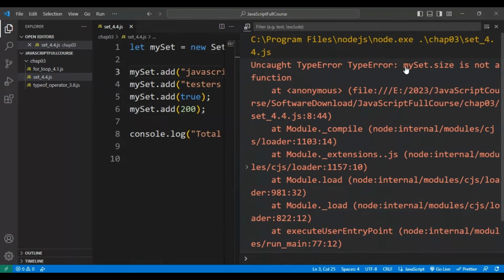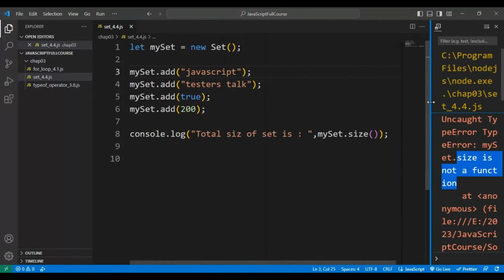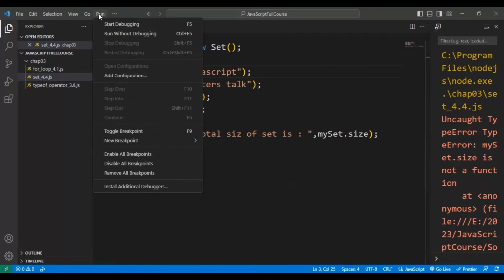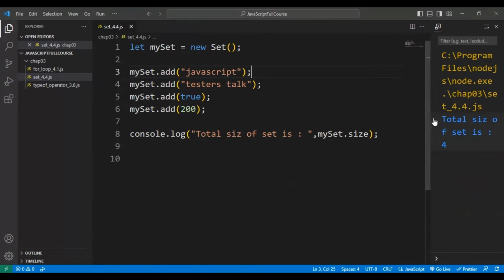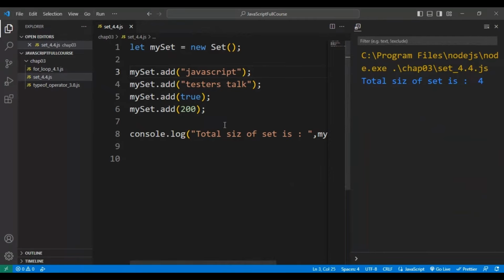It is saying mySet.size is not a function. So what you need to do is, no need to add the function here for the size. Simply remove this part. That's it, guys. Now let's run it. This time it should work. And if you see the output here, this is printing total size of the